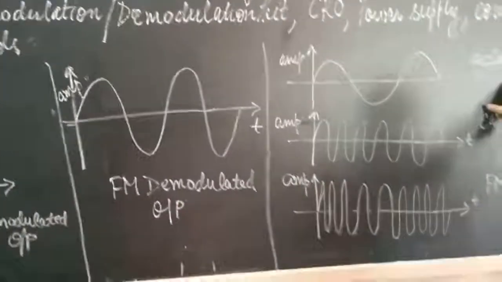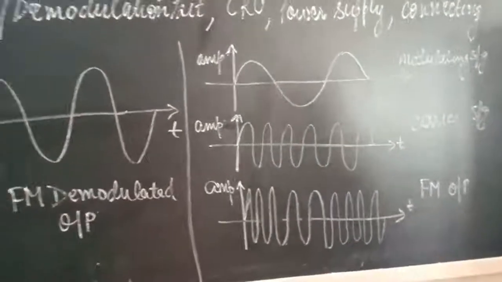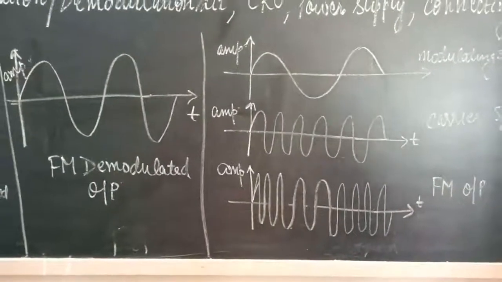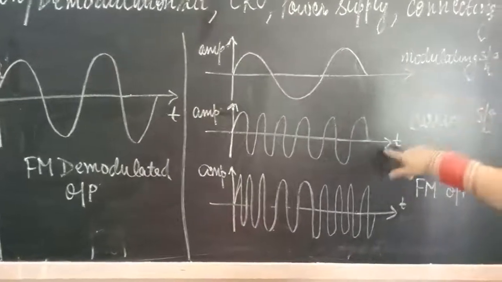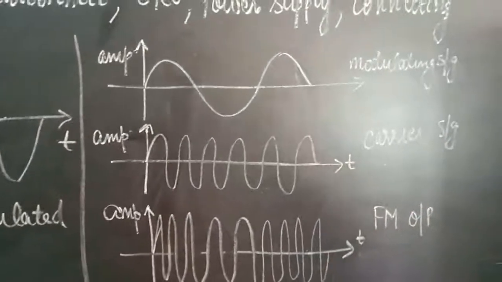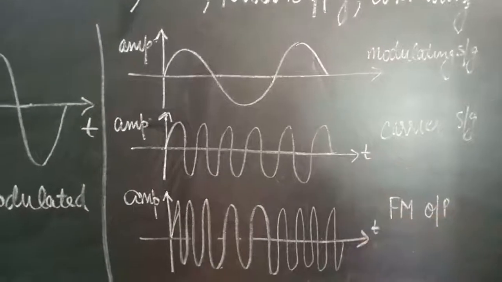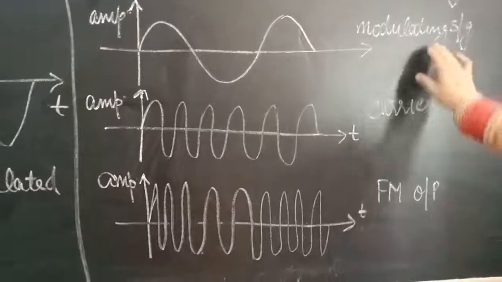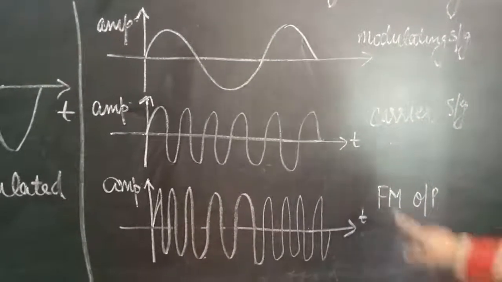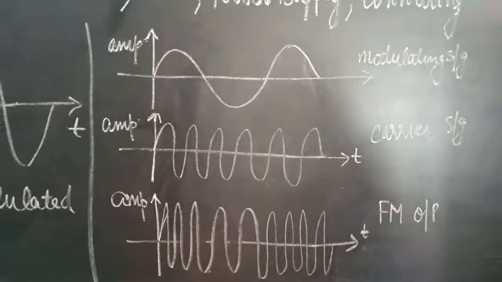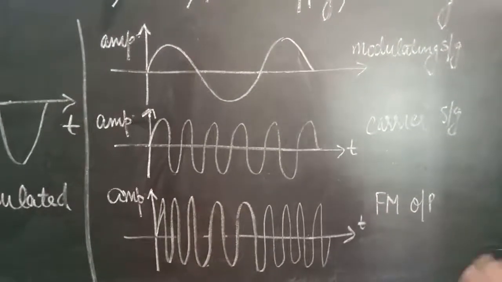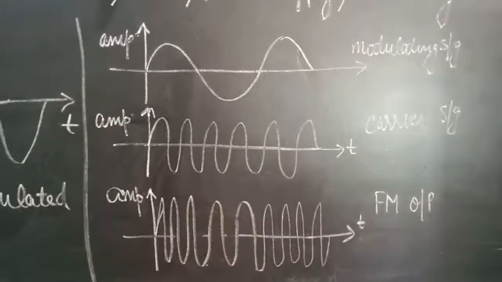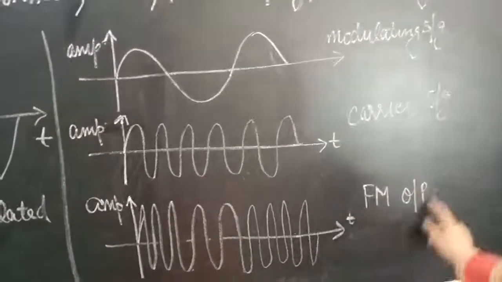Firstly we will see the modulating signal. As you know, the modulating signal is your base band signal. Okay, this is the original signal without modulation. Now the second signal, which is used for the modulation purposes, is your carrier, and the carrier frequency is always much higher than your modulating signal. So now after doing the FM modulation, because frequency will vary in the case of FM modulation, and this property is used,